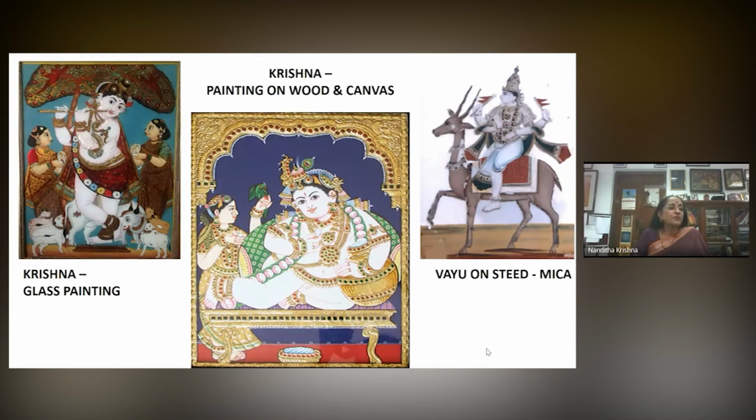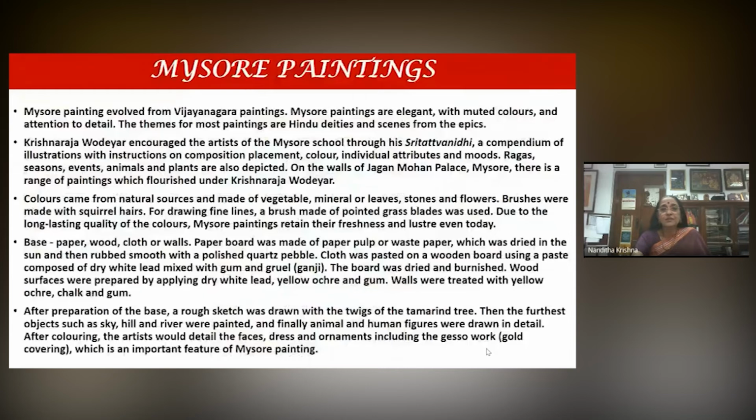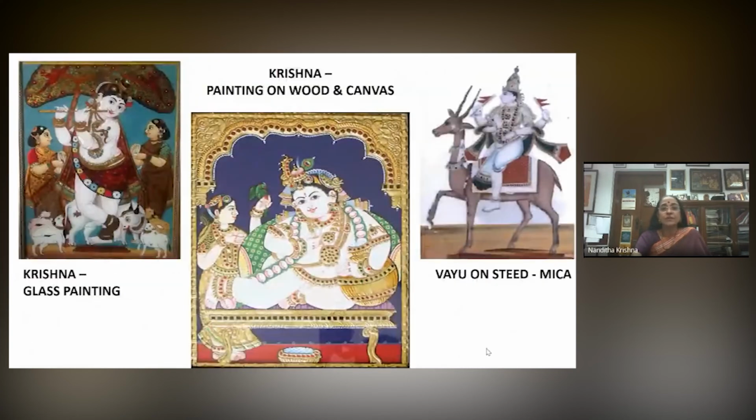Now here you have the influence of Deccani, Vijayanagar, Maratha, and even European or company styles of paintings. You have angels. Sometimes you have angels in these Thanjavur paintings, and sometimes you have prosceniums, like a theatre, curtains. For example, Krishna actually looks as if he's sitting in the middle of a stage, and sometimes you have curtains